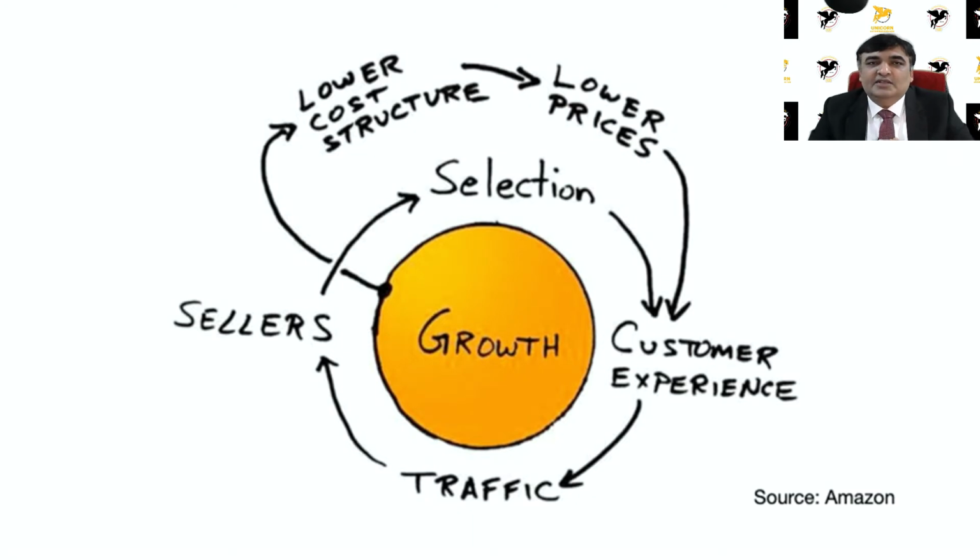And it was when there were enough sellers, enough buyers, processes were in place, it reduced the costs of acquisition for Amazon because there were returning buyers, there was a perception of a great customer experience. So it reduced Amazon's cost drastically, and it could lower the prices because there were many sellers, its operational costs were reducing, so it could reduce the costs and pass on some benefit to the customers. What it did was it again increased the customer experience, resulting in more traffic, more sellers.